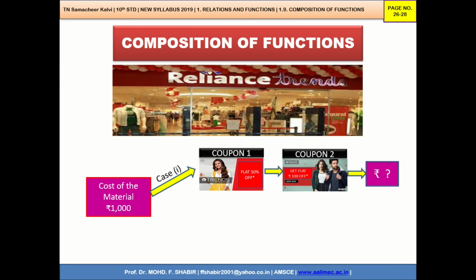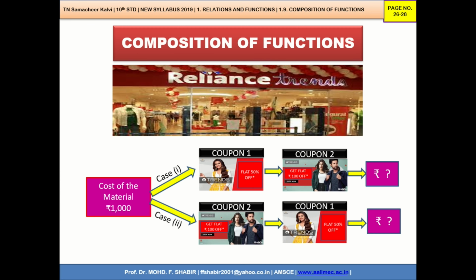So the family wants to use both the coupons. They go to the Reliance Trends retail shop once again the same week. So their investment now is 1000 rupees as per the condition given by the manager. They have to purchase a cloth of rupees 1000. Now case 1. After purchasing the cloth for rupees 1000, they can first use coupon 1, then coupon 2 in the billing section. In this case, what is the amount they have to pay? Case 2, if they use coupon 2 first, then coupon 1, what is the amount of money they have to pay in the billing section?